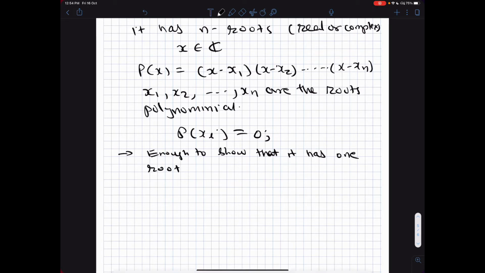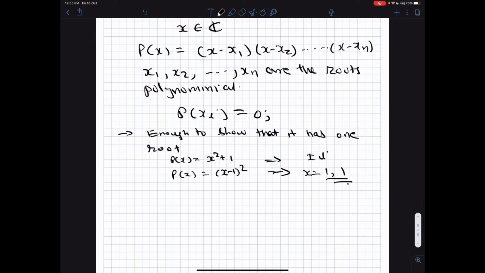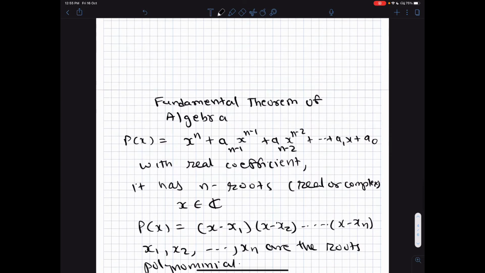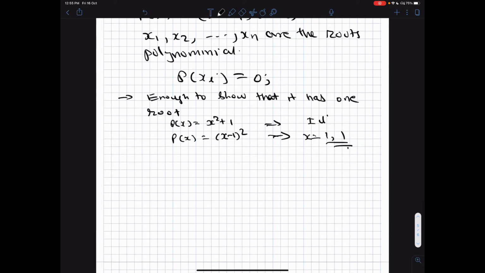For example, if you look at x squared plus 1 as p of x, it has two roots which are imaginary, in this case plus minus i. If you look at a polynomial like (x minus 1) whole squared, then it has two roots, each of them 1, repeating. A lot of times we know a lot of things, but we don't know how they come from. So here, using our optimization insight and Weierstrass theorem's insight, we are trying to get a proof of this fundamental theorem of algebra. That's what we are trying to do.